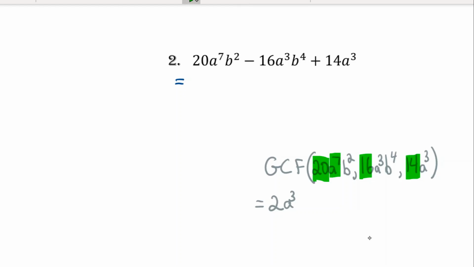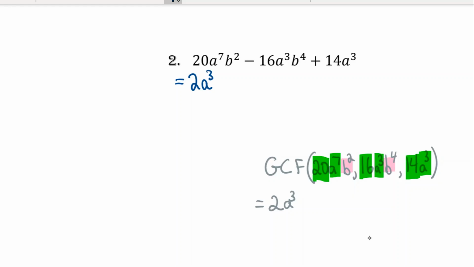Okay, so we're done with the a. And lastly, the b. Notice that the b only shows up in the first two and not in the last, so therefore we cannot put that into our GCF. So it's 2a cubed. We put our GCF at the front,